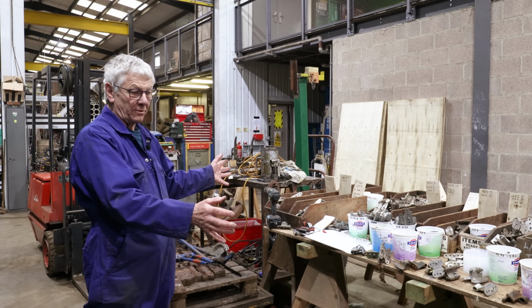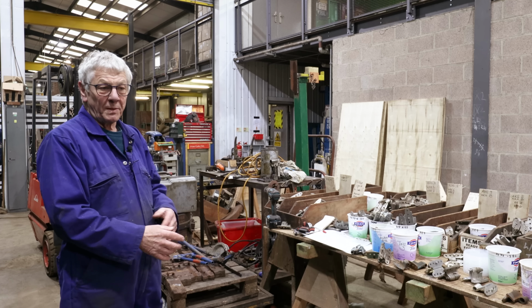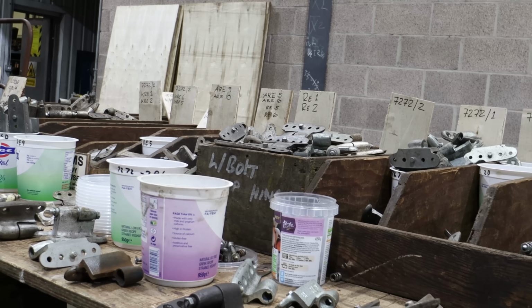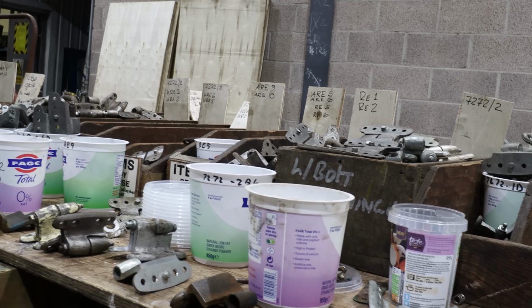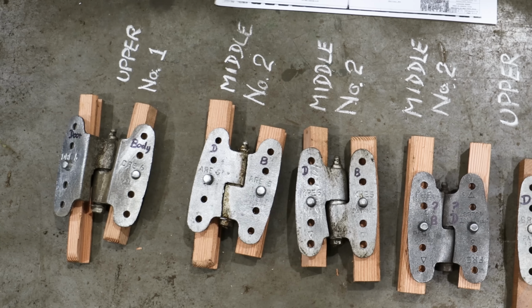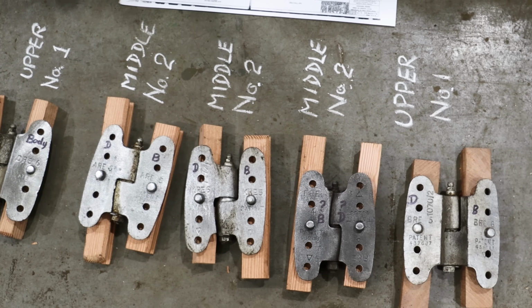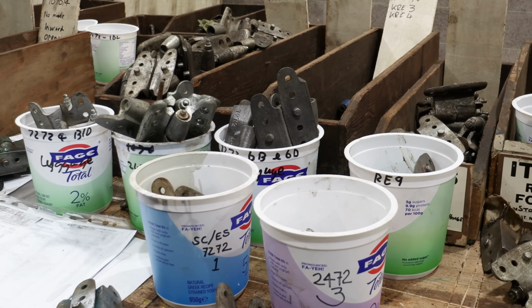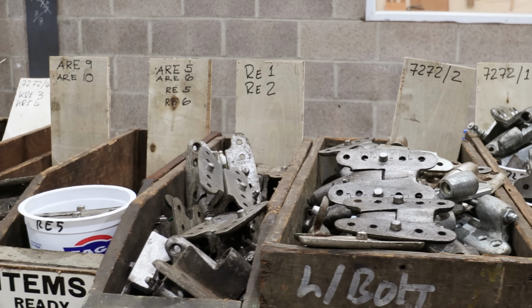All these components on here are different types of door hinges. Now most people just think a door goes on a train, but actually you get 3 types of doors. You get glass fibre doors, you get steel doors, you get aluminium doors. And all the hinges that go on those doors are all different. So you get different hinges for passenger doors, you get different hinges for guards van doors, you get different hinges for luggage van doors. So there's numerous amounts of hinges, but they all basically come into 3 types, just to